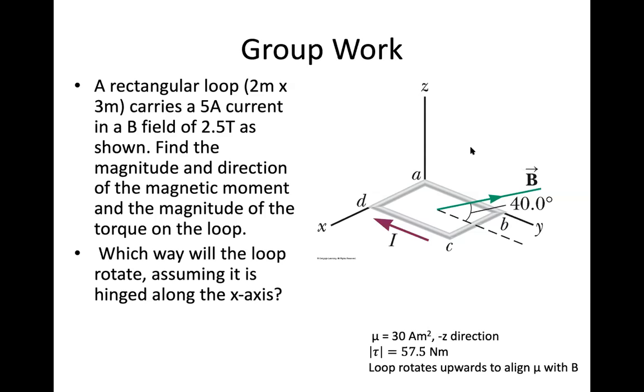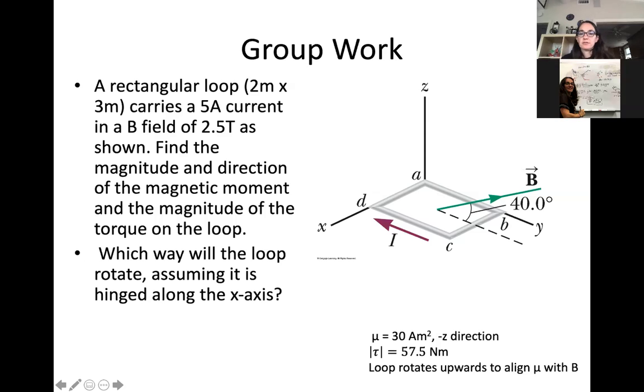Okay, so this loop is flat on the piece of paper on your table like this, okay? But now the current is flowing clockwise as viewed from above, right? So if I take my fingers and follow it around this way, oh, that magnetic moment points down. The magnetic moment is pointing down this way. So if I want the angle between the B field and the magnetic moment, well, I've got to go first